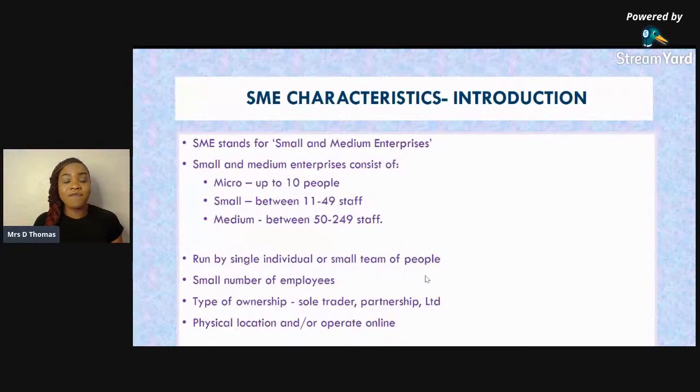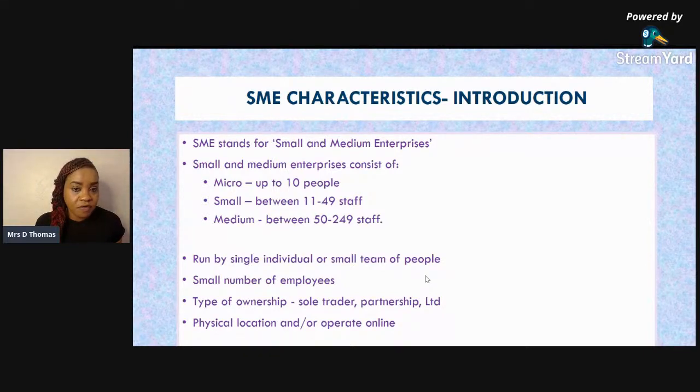You have three main types of these: micro, small, and medium. For micro, you have up to 10 people. For small, you'll have between 11 and 49 staff members. For the medium, you'll have 50 to